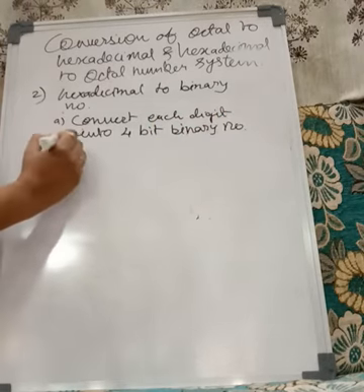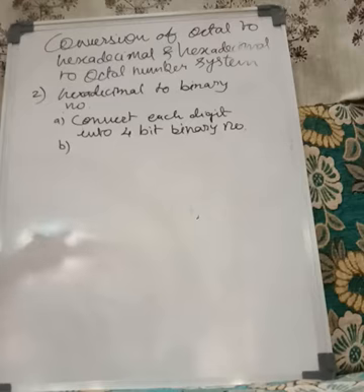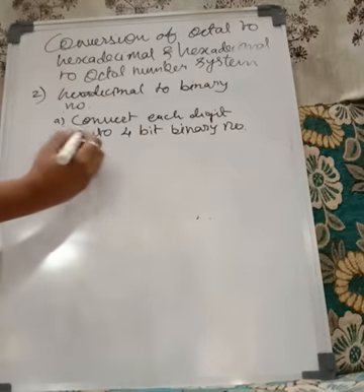Okay. Now the second step. What will be the second step? This binary bit will then be converted into groups of 3. Now first each digit will be converted into binary number, and then we'll make a group